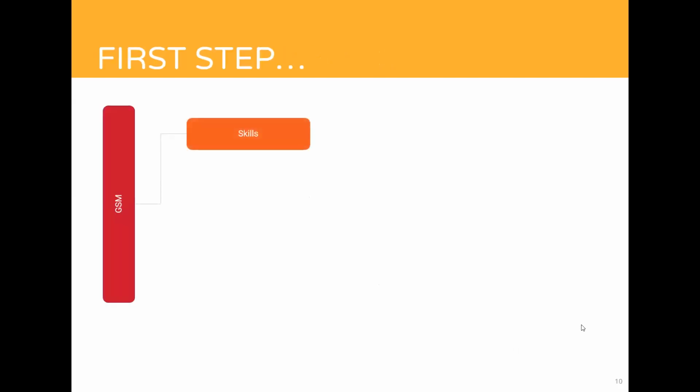So the first step in the process is nominating an occupation and obtaining a positive skills assessment. This is the process which allows the Australian government to determine whether you as a visa applicant have the skills that are equivalent to the skills that would be available in Australia. So are the qualifications and experience you've received overseas equivalent to the skills an Australian in that occupation would have?